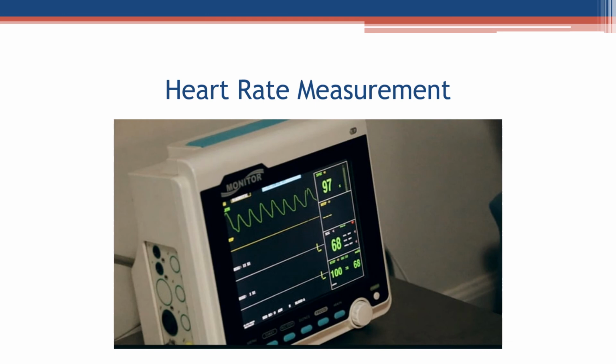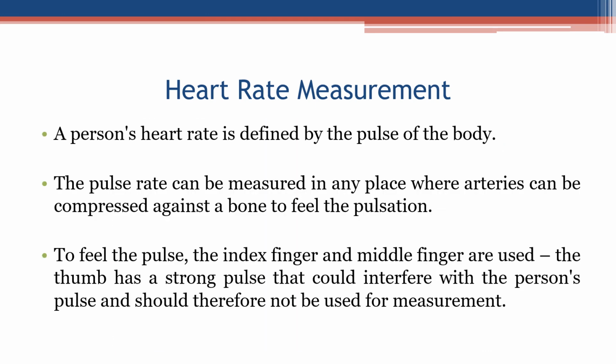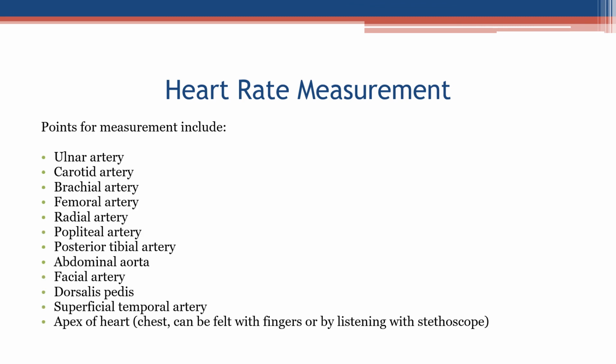Heart rate measurement. A person's heart rate is defined by the pulse of the body. The pulse rate can be measured in any place where arteries can be compressed against a bone to feel the pulsation. To feel the pulse, the index finger and middle finger are used. The thumb has a strong pulse that could interfere with the person's pulse and should therefore not be used for measurement. Points for measurement include ulnar artery, carotid artery, brachial artery, femoral artery, radial artery, popliteal artery, posterior tibial artery,